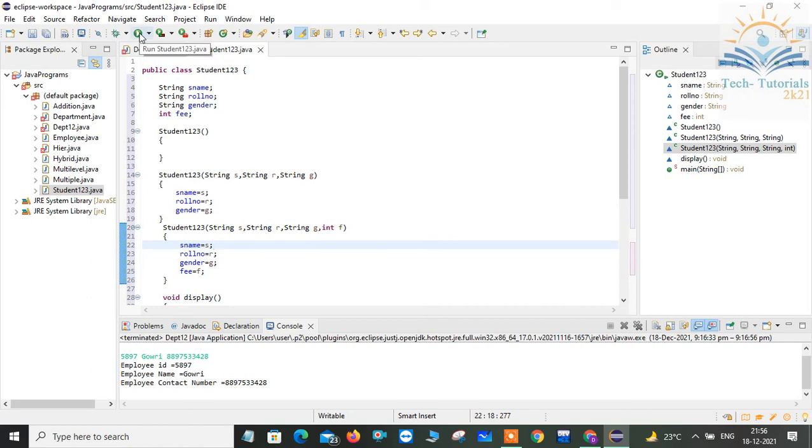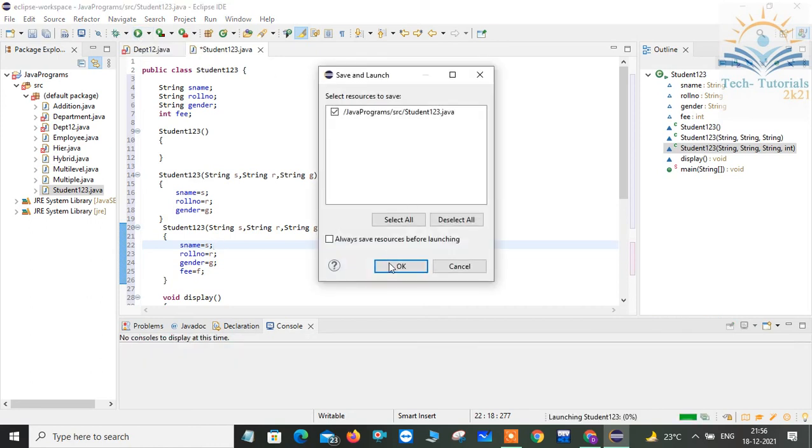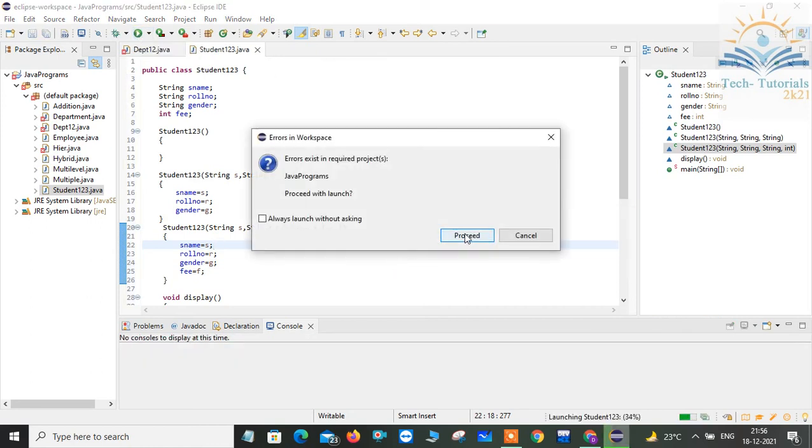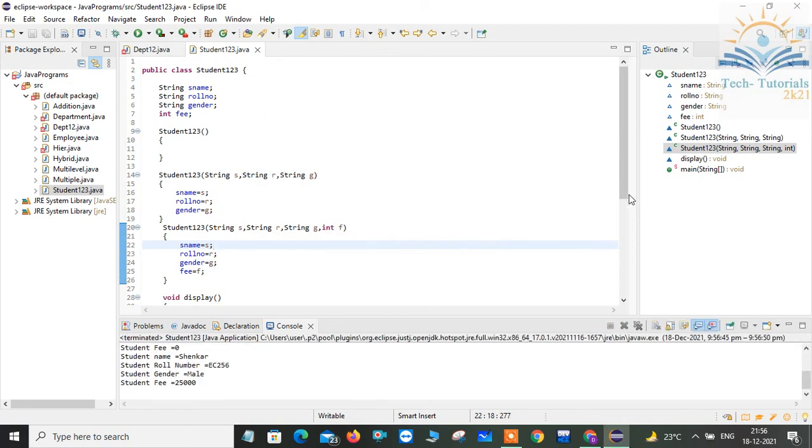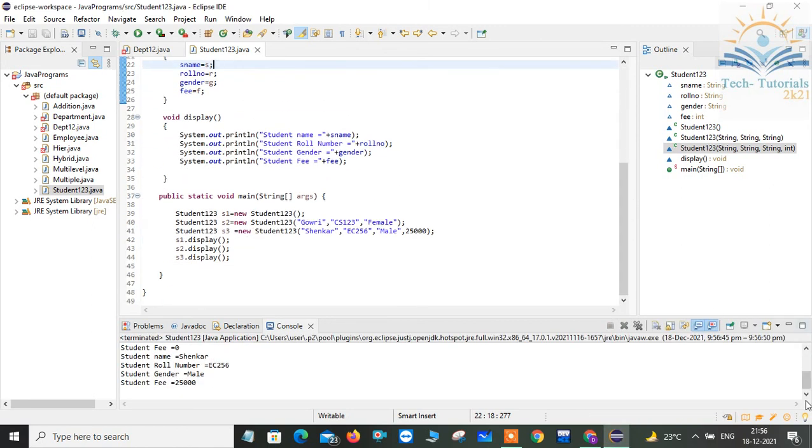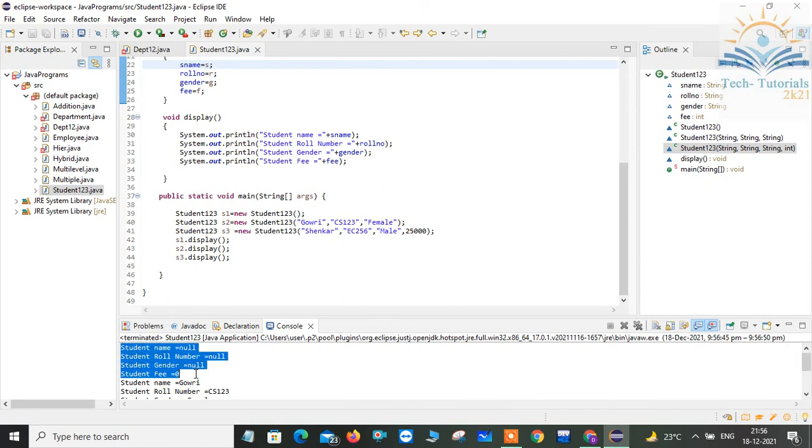I just run this program. So here you can observe the outputs. The first constructor is going to display null, null, null and 0. So remember, default values for a constructor: for strings it will return null, and for integer or numerical values it prints 0.